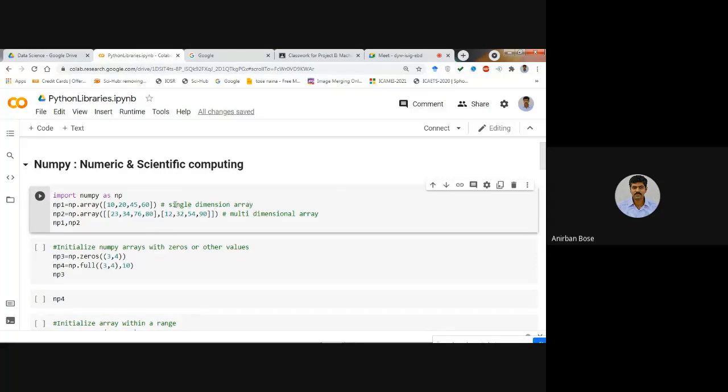Single dimension means it is only one row. Now np2 is another NumPy array that is created here. You see, this is a multi-dimensional array. So np.array, and within parentheses you pass the two lists.